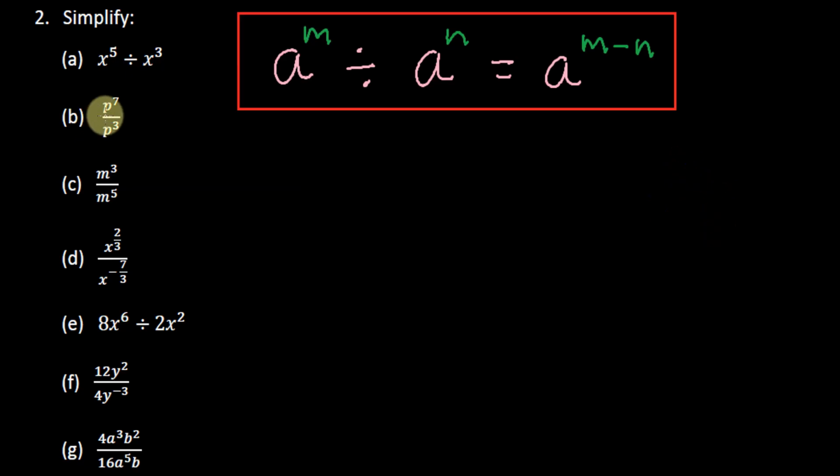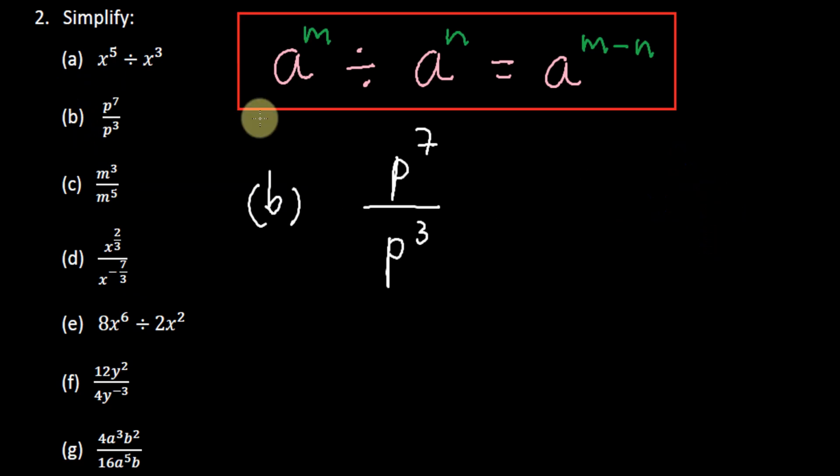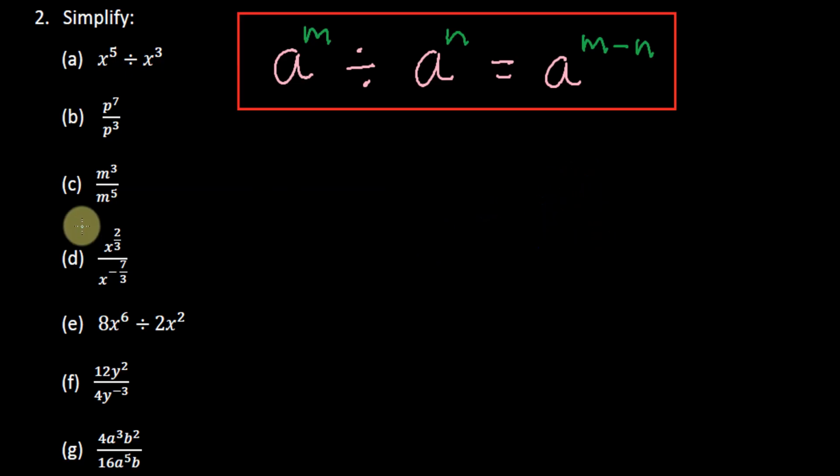In b, we have p to the 7 divided by p cubed. Once again, we are dividing and the bases are the same, so we can subtract the powers. So it's going to be p to the power of 7 minus 3, in other words p to the power 4. In c, we have m cubed